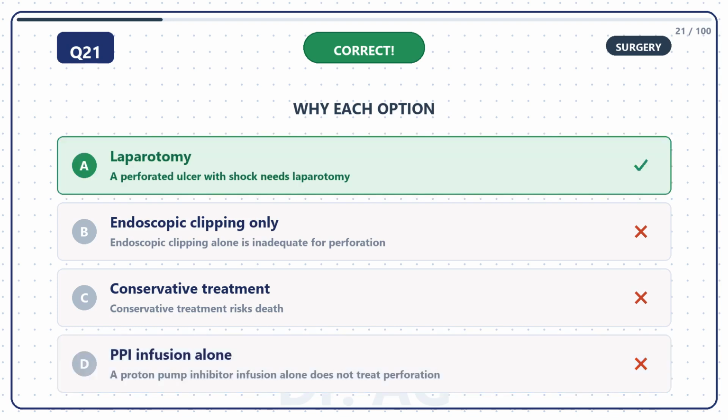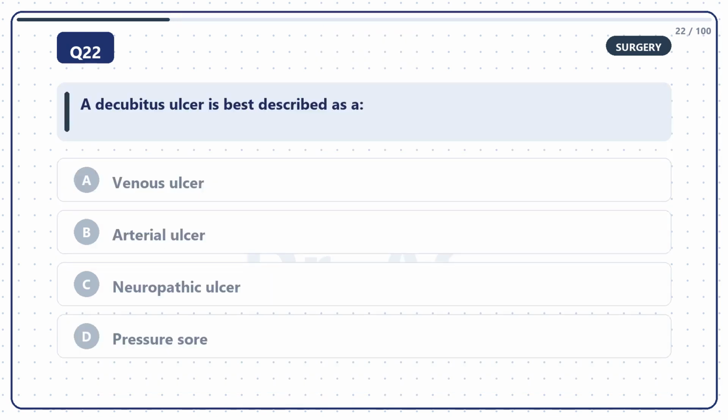And the correct answer is laparotomy. A perforated ulcer with shock needs laparotomy. So, the right answer is option A. Laparotomy. Question 22. A decubitus ulcer is best described as